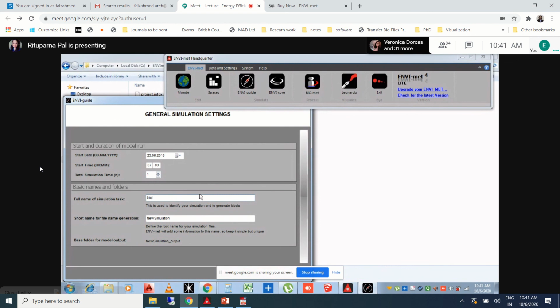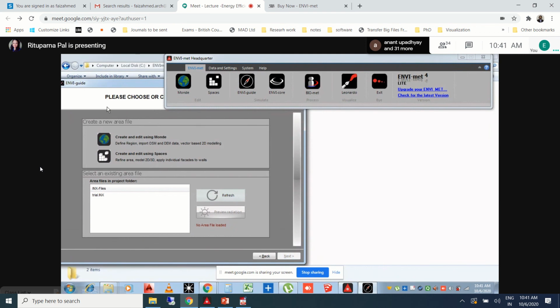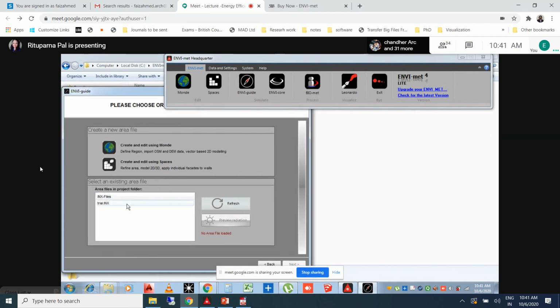So let's name it trial input, and this is underscore trial. Next. Now once you do this, can you find that when you select an existing area file, automatically the trial.inx file is showing?